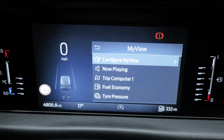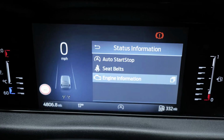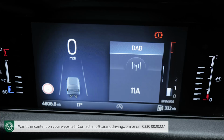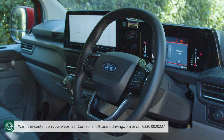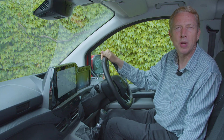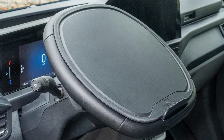My View helps you prioritize instrument screen info, and you can also select a trip fuel readout, status info, a vehicle maintenance screen, trip computer data, audio settings and your phone setup. We mentioned earlier that the wheel you view all this through is somewhat oversized. There's a reason for that, namely because it has to accommodate the option for this Transit Customs party piece, a tilting steering wheel. An extra cost feature we don't have here because Ford hadn't yet introduced it at the time